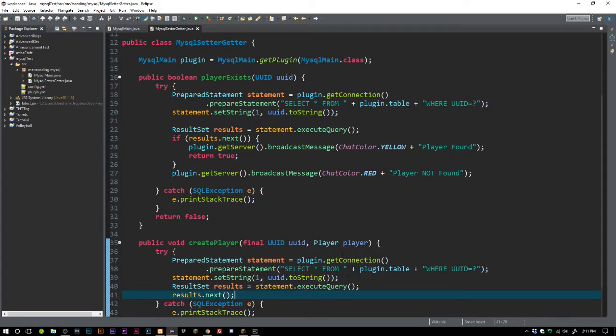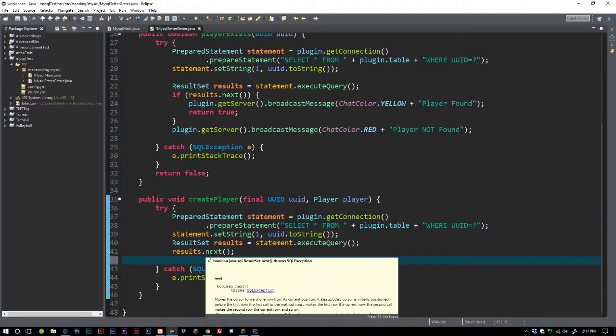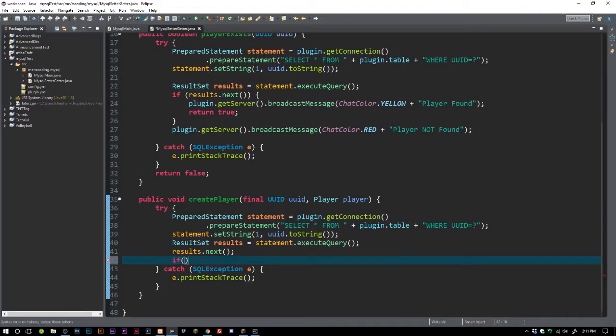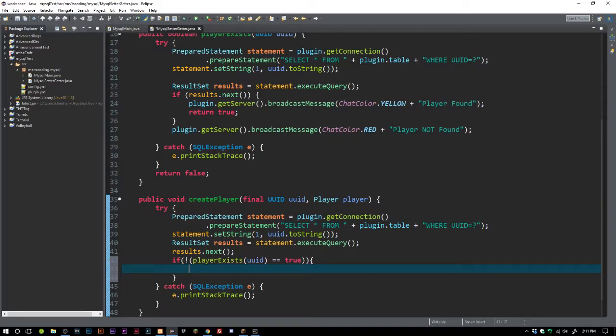And then we just want to say if it does not equal, well, I guess we could do it a different way, but we're just going to say playerExists(UUID) equal to true. We don't have to do it this way, I don't know why I did it that way. So we're going to say if it does not equal true,